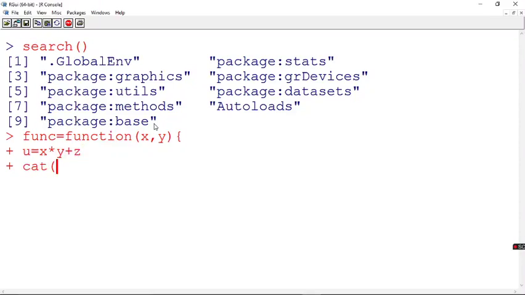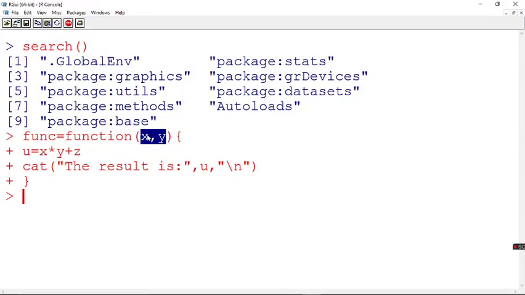And I say the result is, and I give the value u as the output, fine, and I close my function. So in this function, we had already seen functions, so with that function let us see what the scoping is. Now I say this x and y are called formal arguments. Whatever variables are directly given within the function, I call them formal variables, or formal arguments.